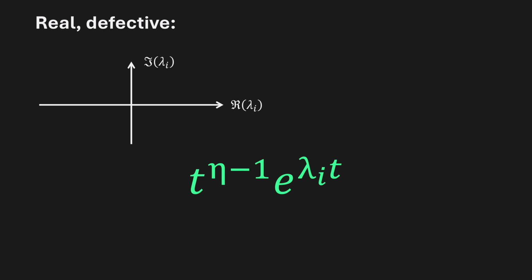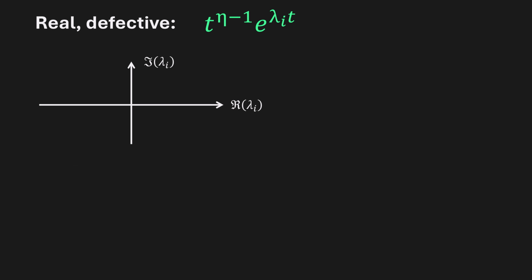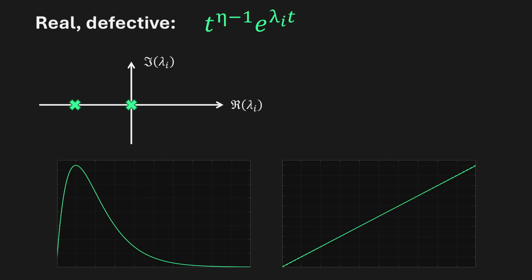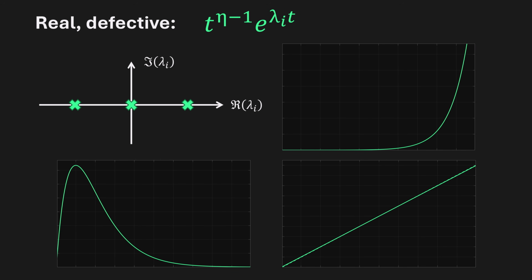For real and defective eigenvalues, we see a similar trend, but we need to keep in mind that we are multiplying our exponential by a polynomial. So for positive real parts, it goes to infinity anyway. For negative real parts, it starts at 0, since t to any power at 0 is still 0, then quickly rises, but then goes down again, since the exponential for t which tends to infinity is always smaller than any power of t. And for null real part, we do not get a constant, but rather a constant times a polynomial, so it grows. In this case, it's not stable.